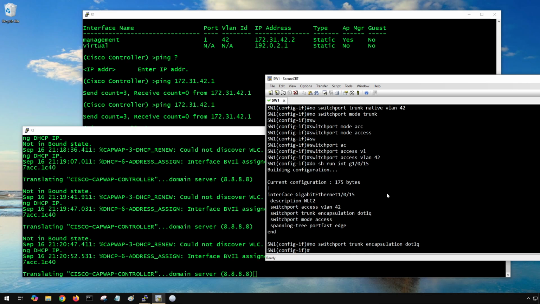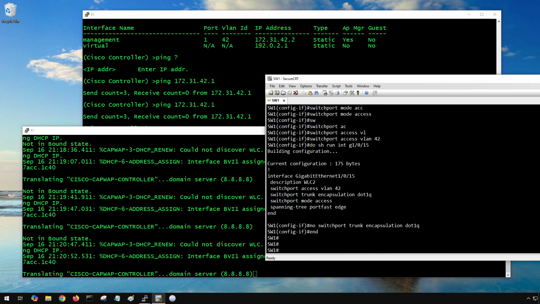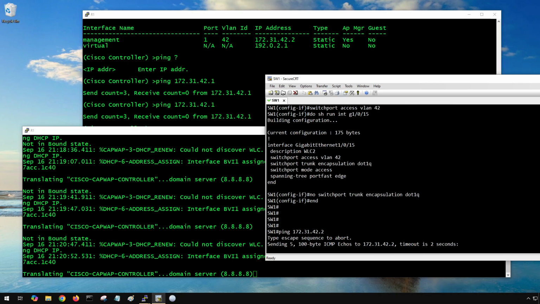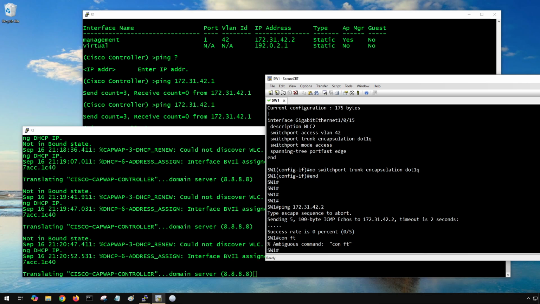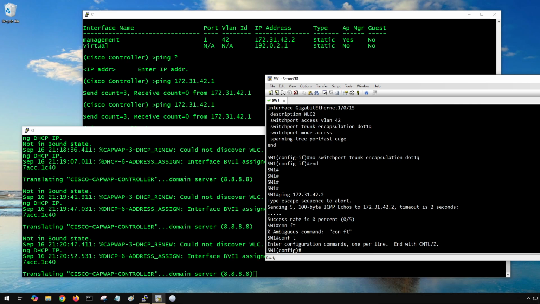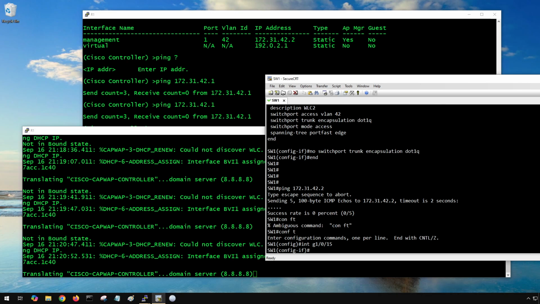So now if I was to come back down here and try to ping that IP, you still don't want it to be configured this way, though. That's the main thing. Oh, you know why? It's not going to work because I have the VLAN ID flipped, so it's not going to allow that to happen. So if we were to go back underneath the interface,